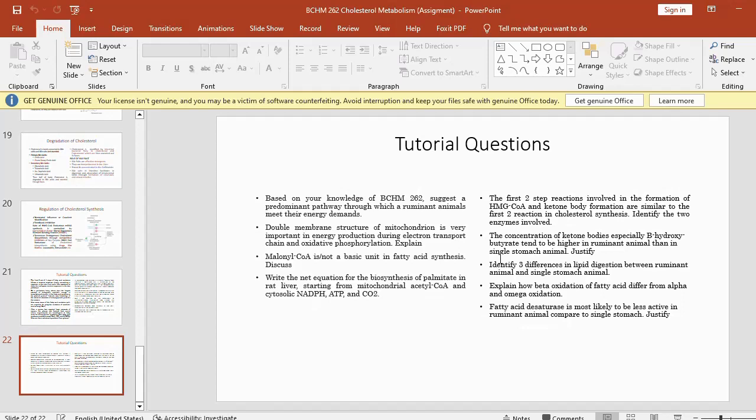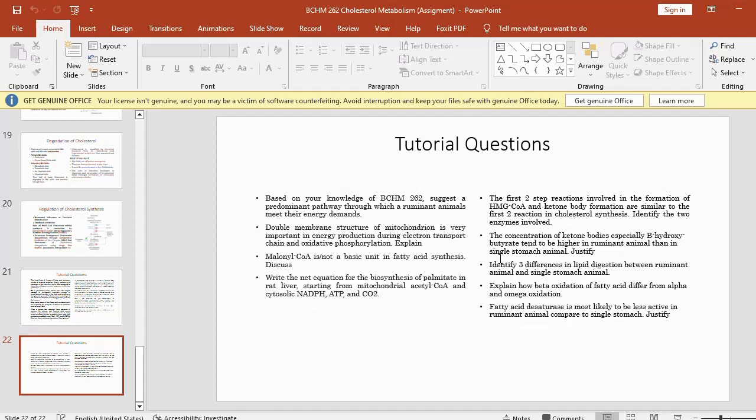Now the next question says the double membrane structure of mitochondria is very important in energy production during electron transport chain and oxidative phosphorylation. Explain. So this one also doesn't need any long explanation. Double layer membrane, where we said the outer membrane is porous. It's due to the presence of porins which allow the movement of substances in and out of the intermembrane space, and we've seen the concentration of protons being high in the intermembrane space compared to the mitochondrial matrix,